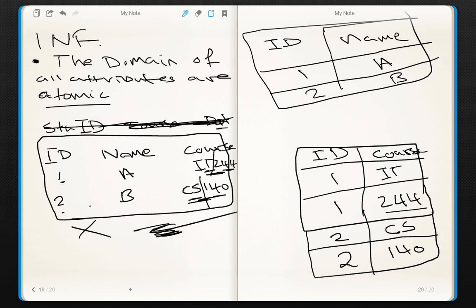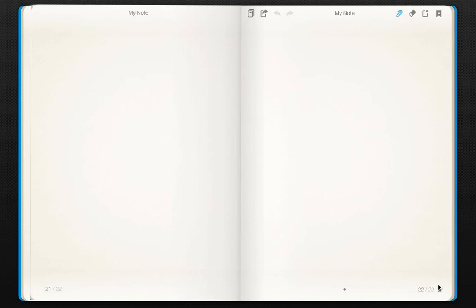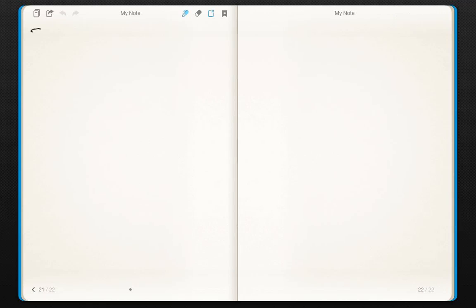Okay, that's it. So we converted this table that is not normalized. We normalized it into two tables, and it is in first normal form. Okay, so that's the solution to this. So let's talk about the second